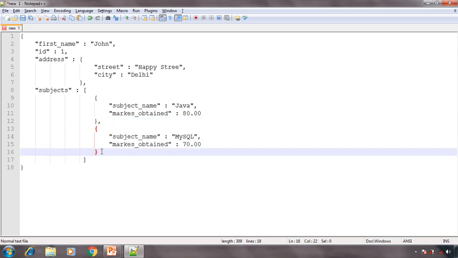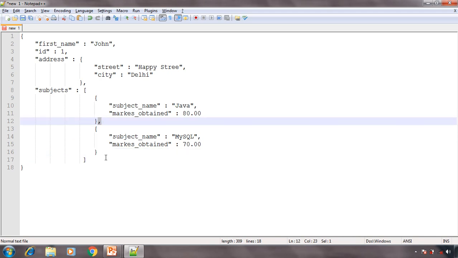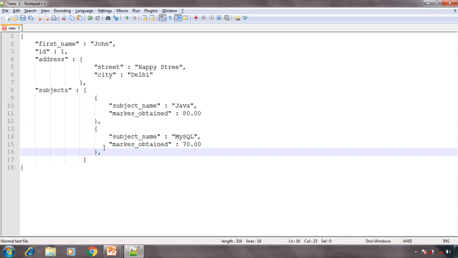Now this is the last element inside this list, basically the last object, right? So you don't need a comma. If you have a third one like this, then you need a comma over here. Otherwise you are fine. Don't get confused about when you need a comma and when you don't. The JSON data format is very easy. Just take the example of a Java class and provide the key value pairs, whatever object you have or any list of objects you have, and you will find this format very easy.